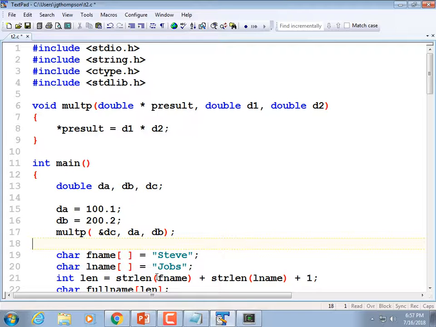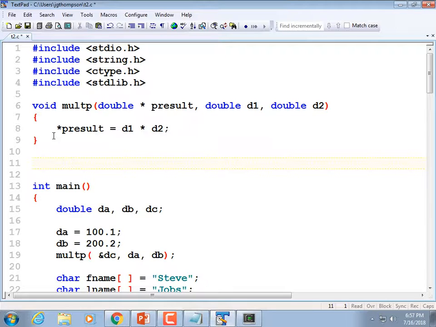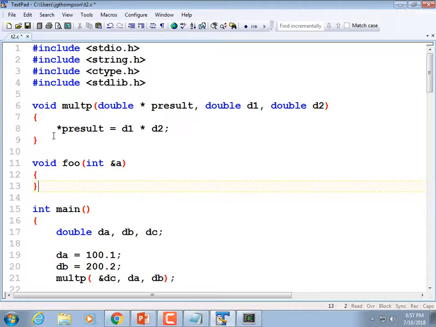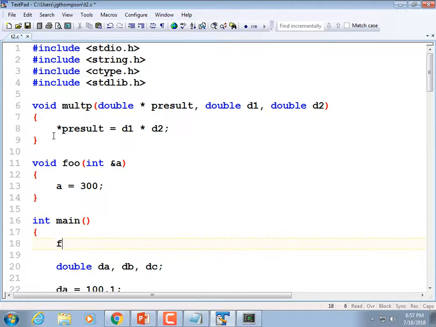So what does pass by reference mean then? Pass by reference is something that C doesn't do. But C++ does. In C++, you can do this: void, and you have a function, and you define a reference like that. And then in here, you have A is equal to 300. And then down in here, this is not going to work. When I called foo, and I passed in some variable,